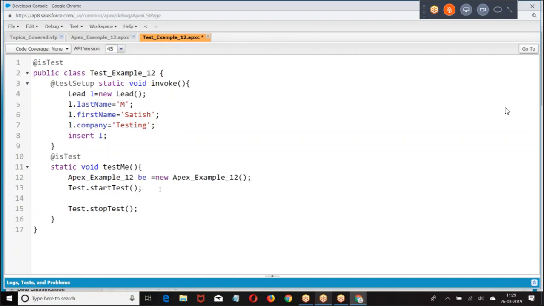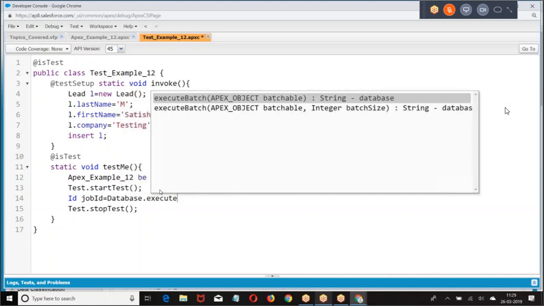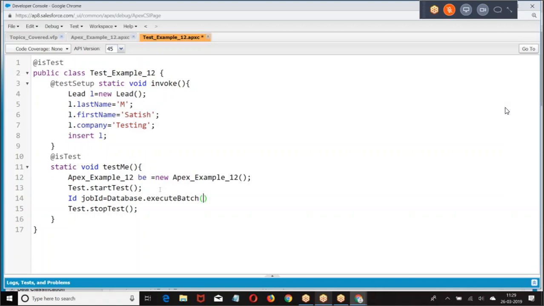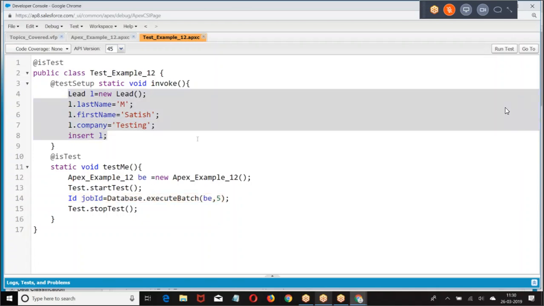Okay. Now look at the point. Database.executeBatch. This is how I create it. Database.executeBatch of the batch class. Now, in case of any governing limit issue, automatically an extra set will be given. If this batch class is running properly, the records which are there in the database, those records should be modified. Am I right? The batch class is going to modify.